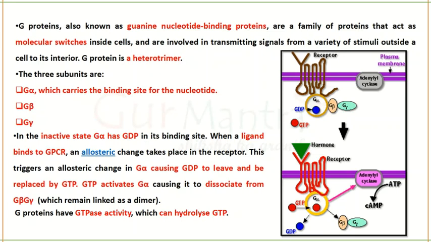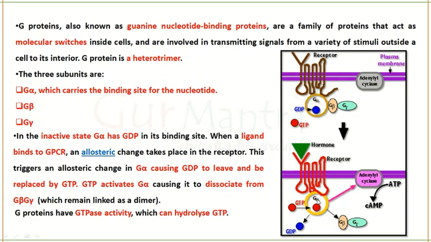You can see here in the picture you have a G protein coupled receptor which is coupled with the G protein. In the inactive state, G alpha, beta and gamma are bound with each other and G alpha is bound to GDP, when there is no ligand present at the receptor. But when a ligand comes and binds to the receptor, GDP is replaced by GTP. After G alpha is activated, it dissociates from the beta and gamma subunits.